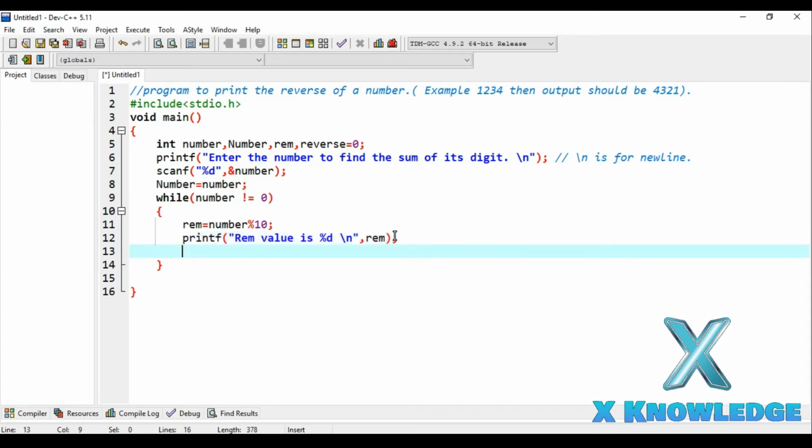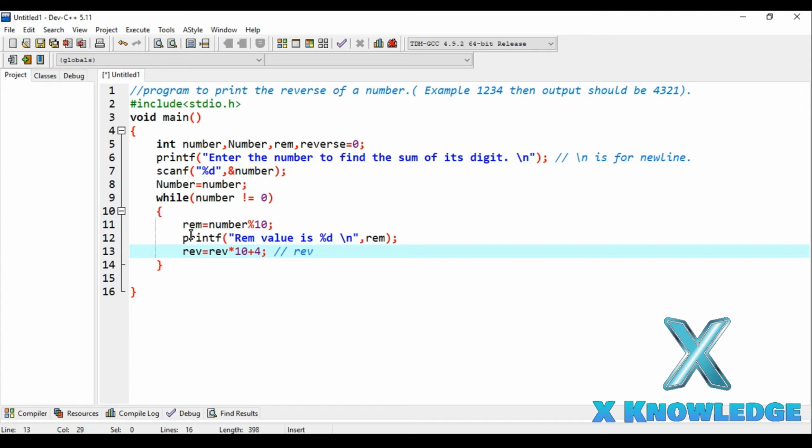Now what we will be doing is this: basically for 1 2 3 4, the output will be 4 3 2 1, and we have 4 in this variable. So let's perform a logic, that is rev is equal to rev into 10 plus rem. What will be the value which rev will hold?